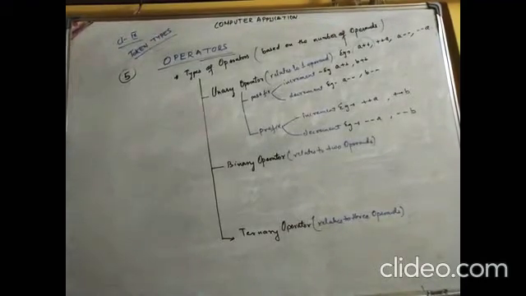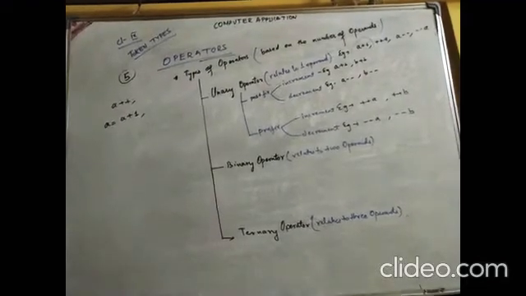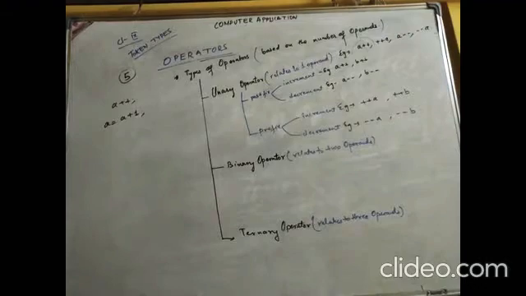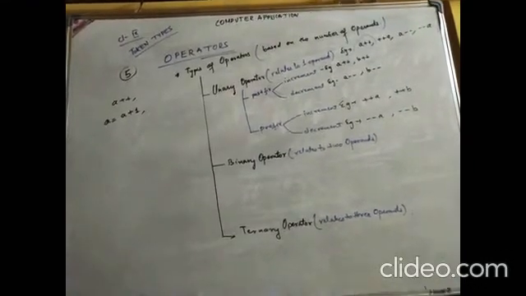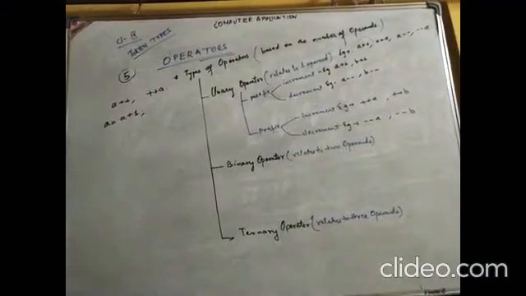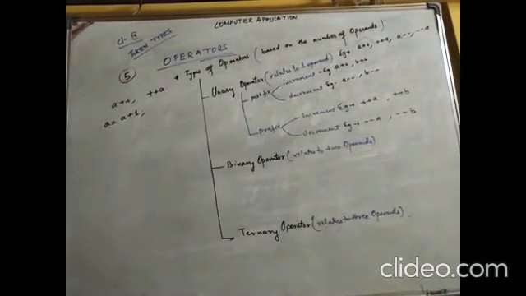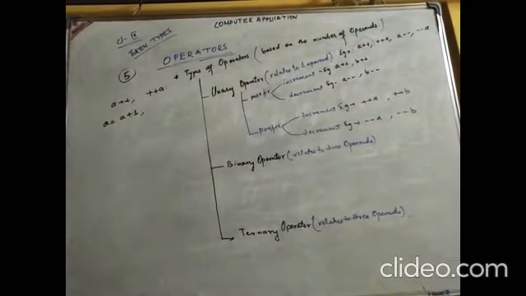Now, what is the difference in the working? How will you understand that? Postfix means the variable value is used first, then the variable value is increased by 1. If I say a plus plus, it means a equals a plus 1. Even if you write plus plus a, it means a equals a plus 1. Clear? In both places we are increasing the value of a by 1.